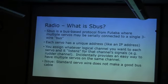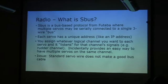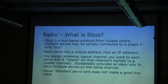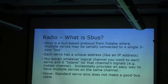All right, so I mentioned Sbus. Does anybody want an explanation of Sbus? No? Two minutes, quick one. It's a new